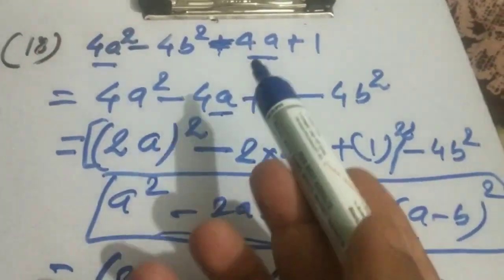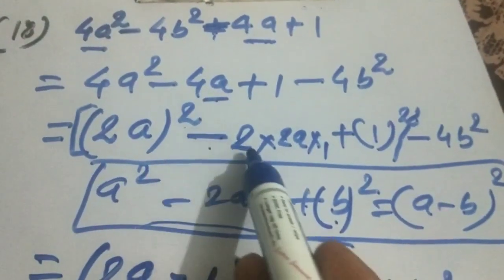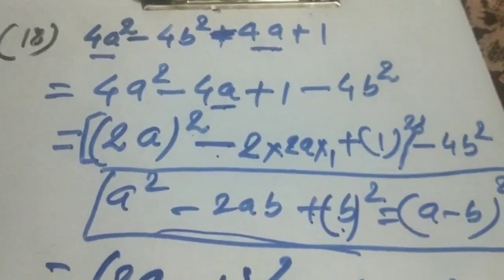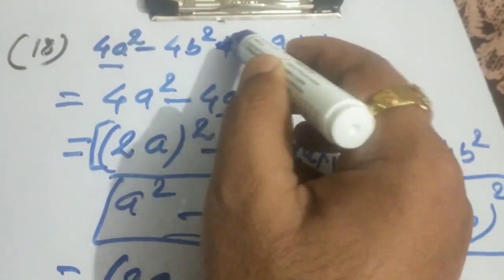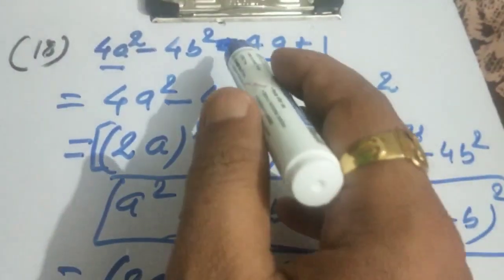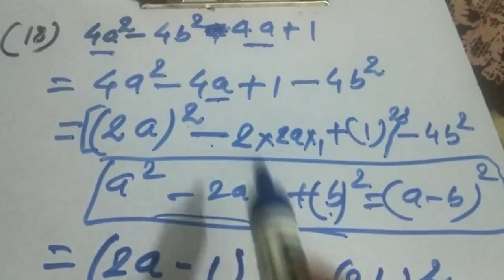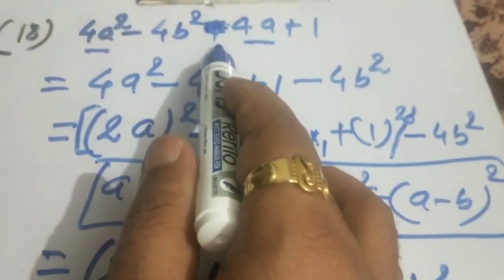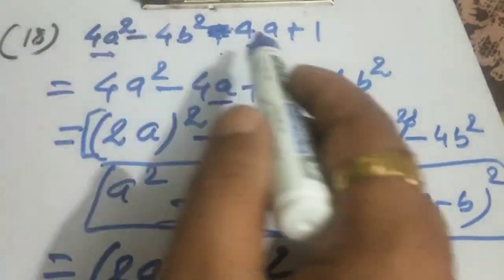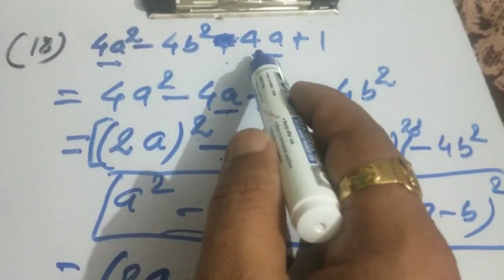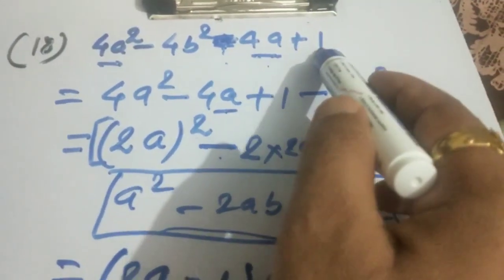And you can also solve it. If the plus sign is there, then what will be here? Plus 2ab. If the plus sign had been here, but we gave minus here and wrote minus, that is why it became minus. And you can also put plus here, then this is 4a square plus 4a, this is the square of 2a, and multiplying 2 by 2a, what will it be? It will be 4a. And the square of 1 is 1 only.